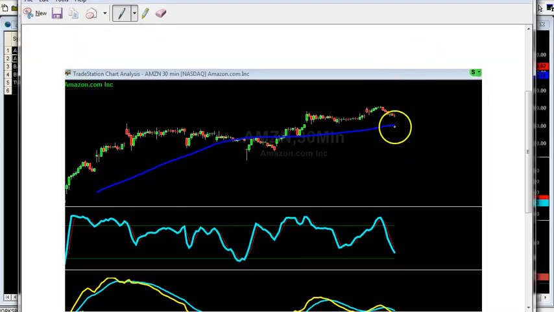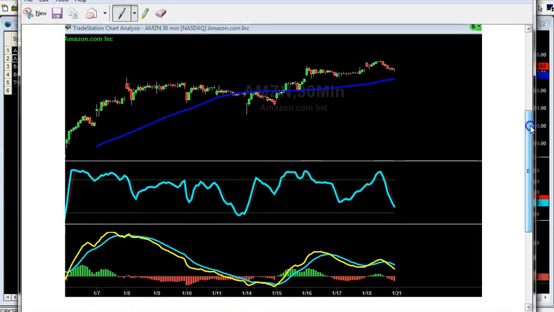What I'm talking about seeing in the future is I want to see the price fall a little bit down here, something like this, put in a higher low than this low. This is the previous low. I want to see it put in a higher low than this low and begin to turn up. These indicators get to the oversold area, start to turn, these two lines come down, and eventually this line crosses up, and then we have a trade that could potentially go to the upside, and that would be a bullish signal on Amazon,